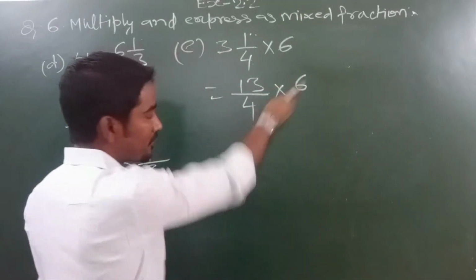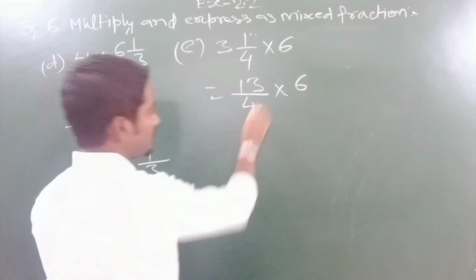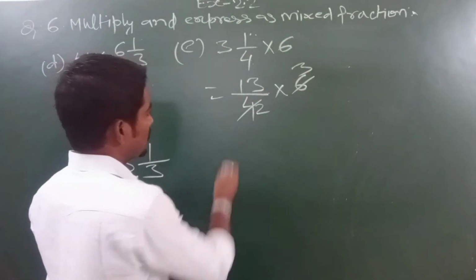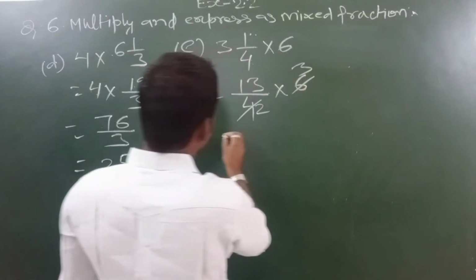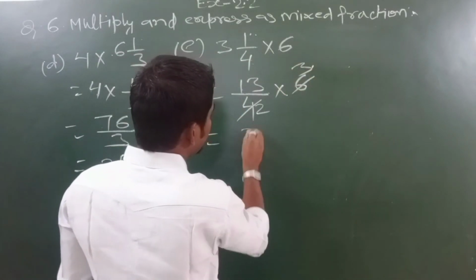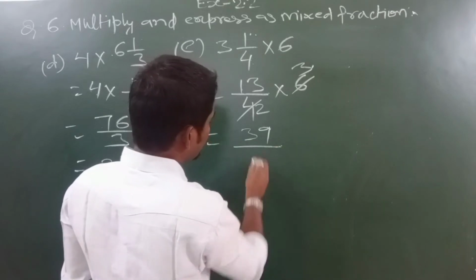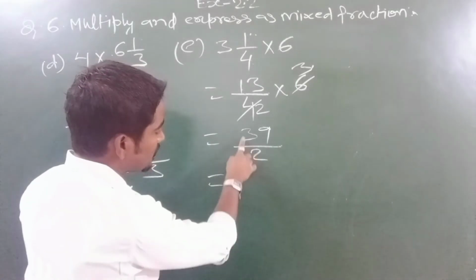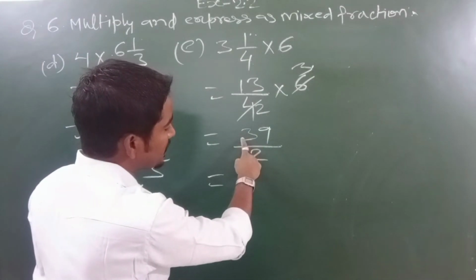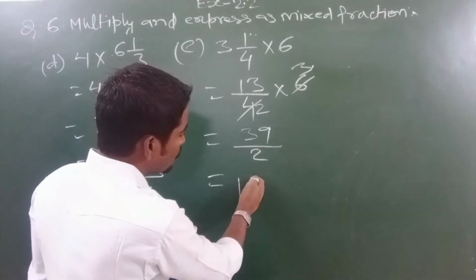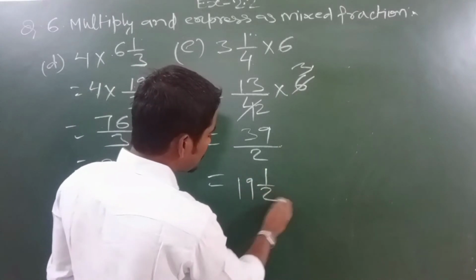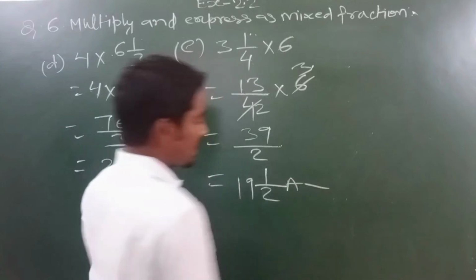Now see, common factor is there between numerator and the denominator. So 2 2s are 4, 2 3s are 6. Okay, now if you will multiply them, then how much you will get? 13 3s are 39 by 2. Now if you will convert it into mixed fraction, 1 ja how much? 1 will remain here, it will become 19. 2 9s are 18, how much remaining? 1 and then upon 2. This one will be your answer.